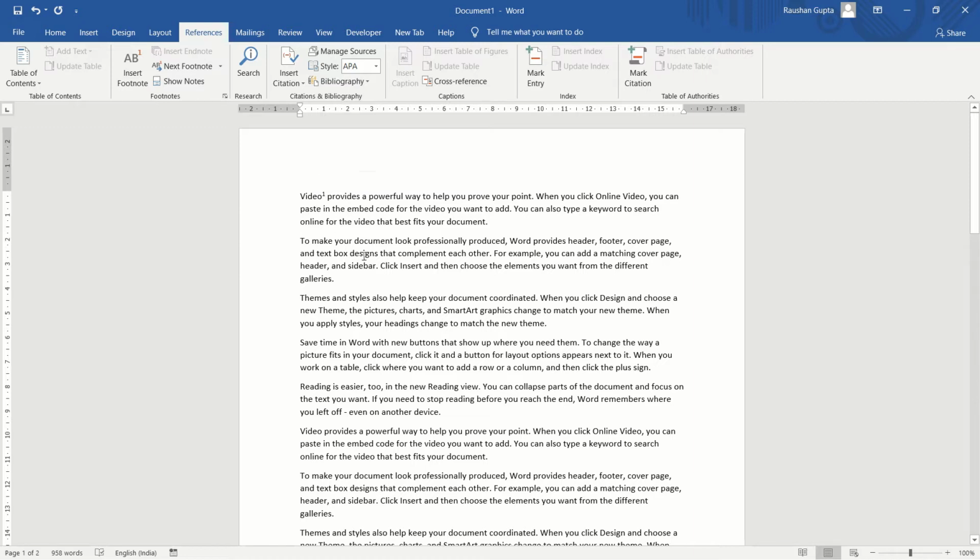So this is the use of insert footnote. You can simply use it to give a meaning of any word or anything related. If you want to show anything which will represent that word, then you can simply use the insert footnote. Basically we use it to describe the meaning of that word.